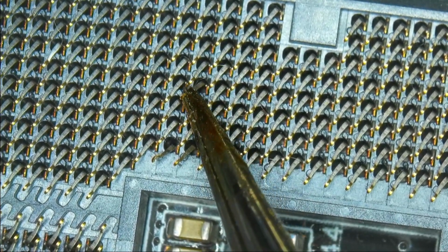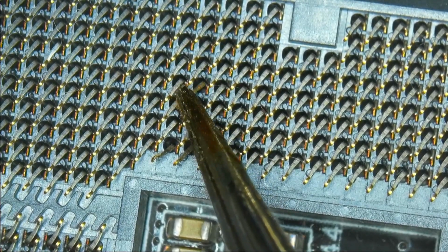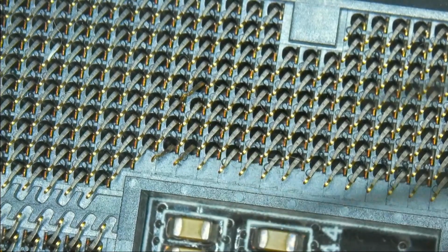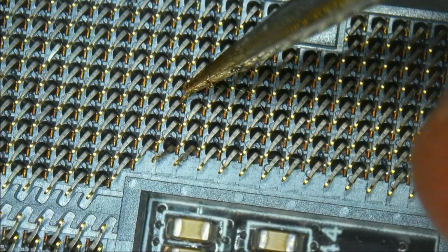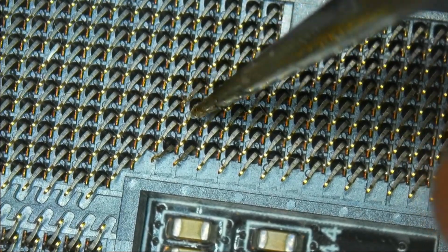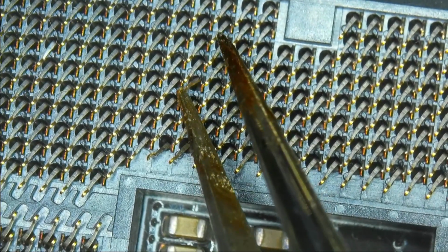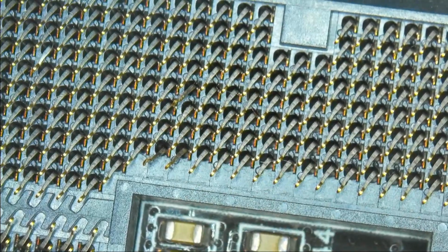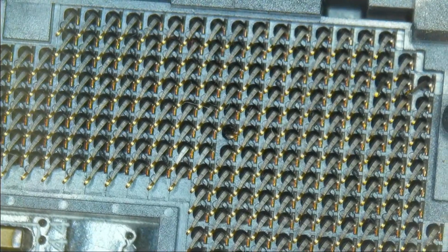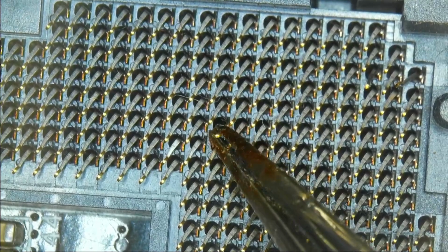Let's do this one also once more, getting it a little bit more into the direction where we need it. I'm going to be a little bit more rough with this board because, as you were already able to see, this board has a very slim chance to ever boot or work again. So I'm not too worried about breaking something now. Let's go to the next position where I saw a pin which could be very bad, which is this one,